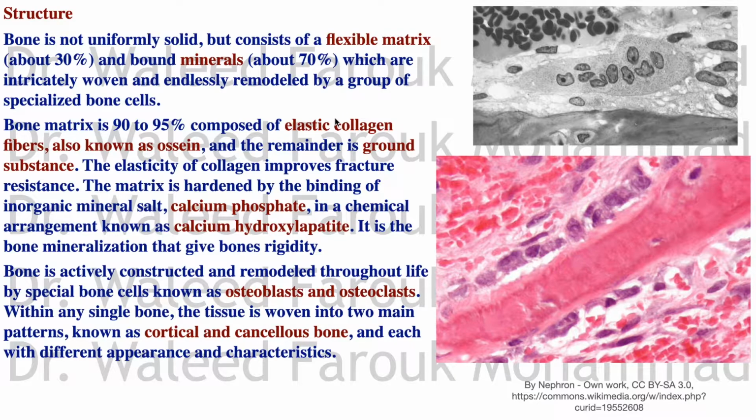Now, for the structure of bone, it has a solid part and a flexible part. The flexible part comprises 30% of its structure, and the minerals responsible for its rigidity make up about 70%. They are thrown into what is so-called the woven arrangement, and they are remodeled throughout life by a group of specialized bone cells. The matrix, which comprises 90 to 95% of bone,